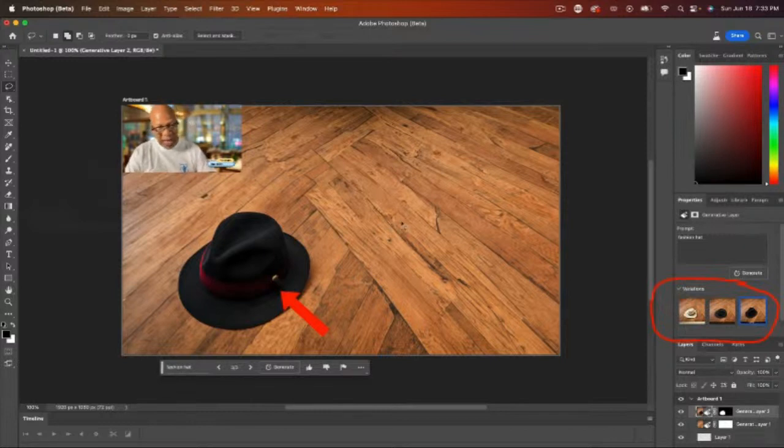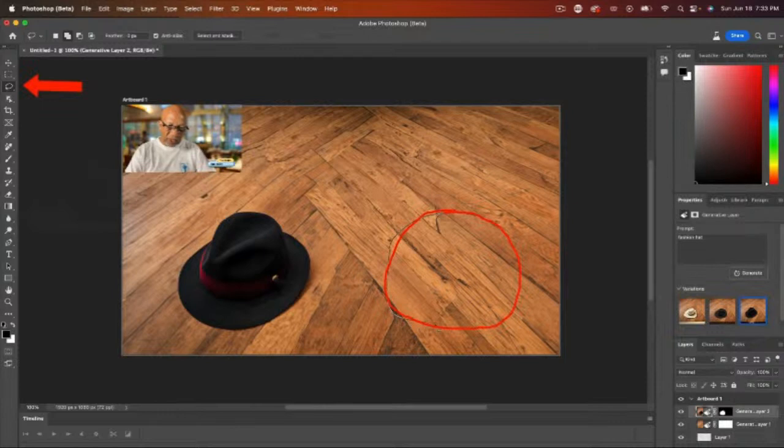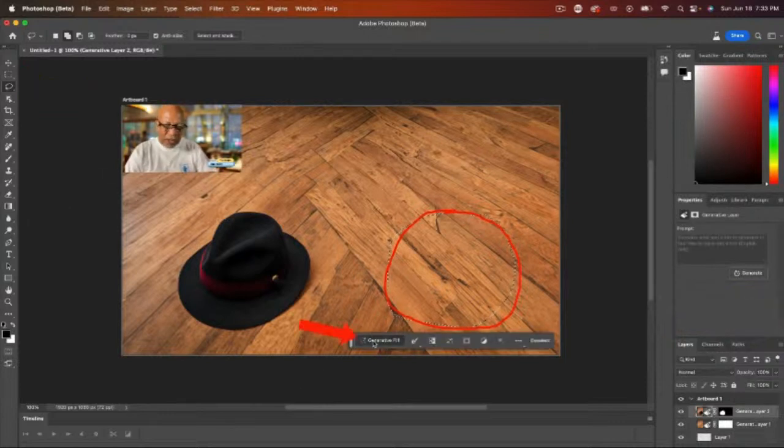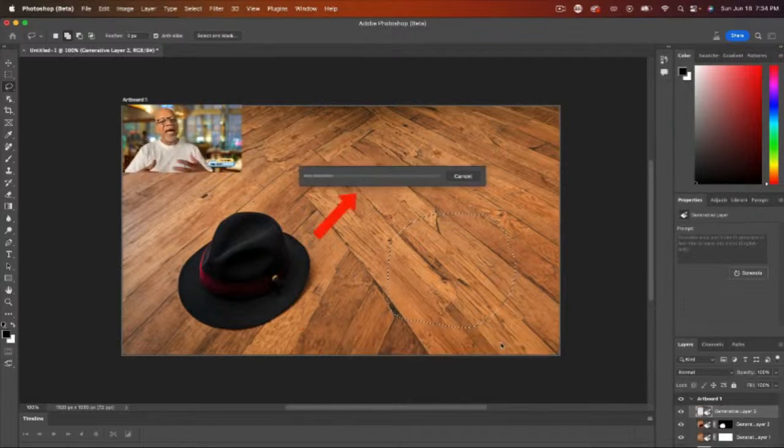So just get your lasso tool, and then I'm gonna draw a selection right here, and then I'm gonna say fashion gloves. And then I'm gonna say generate fill. Now what AI is gonna do is go find me some fashion gloves. So I could do this any kind of way or with any items that I want,